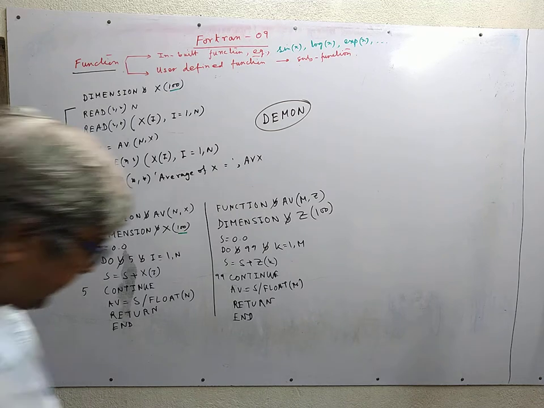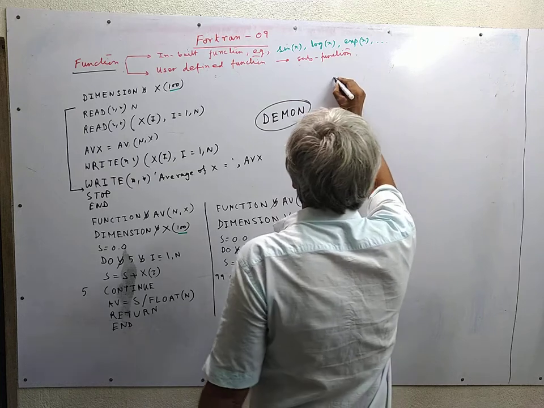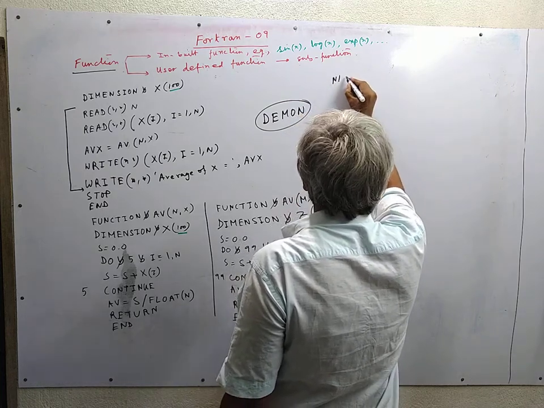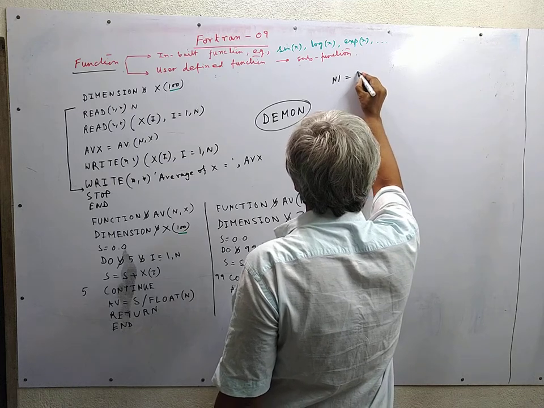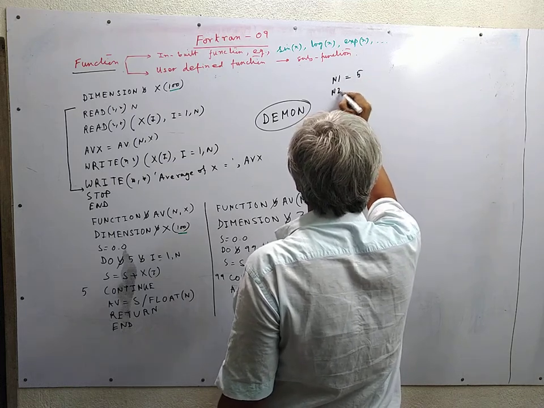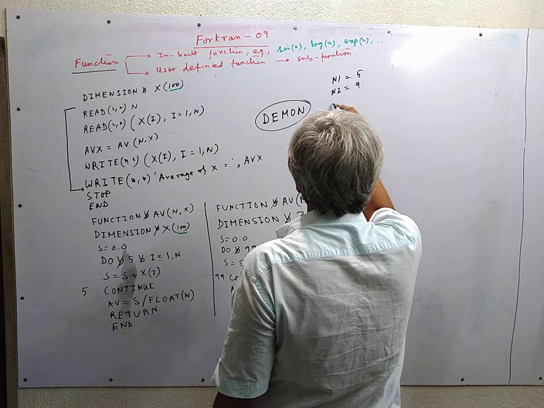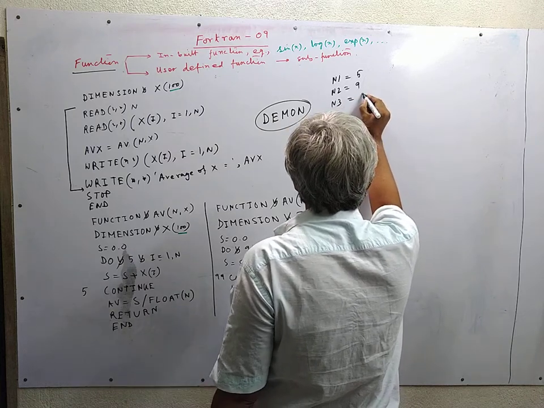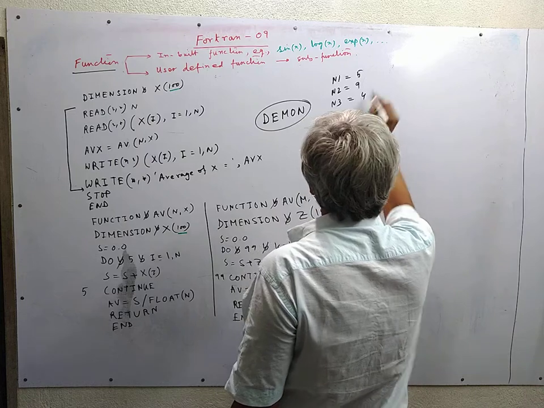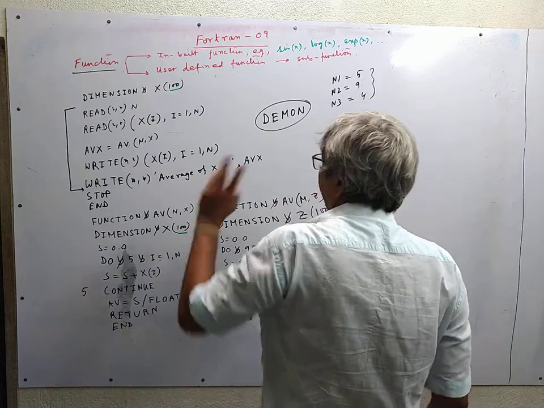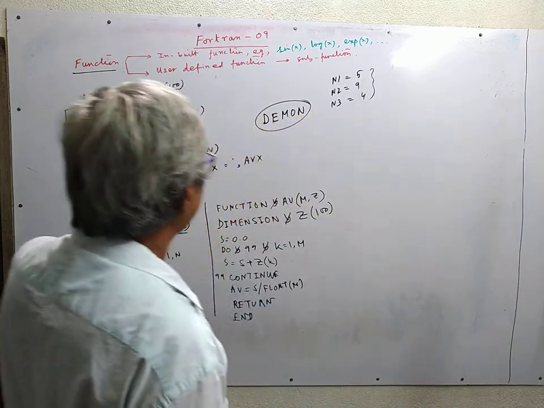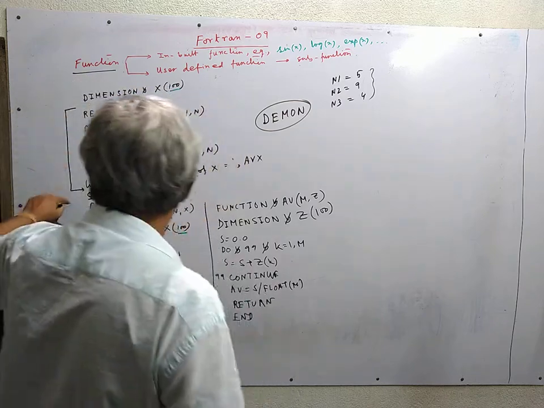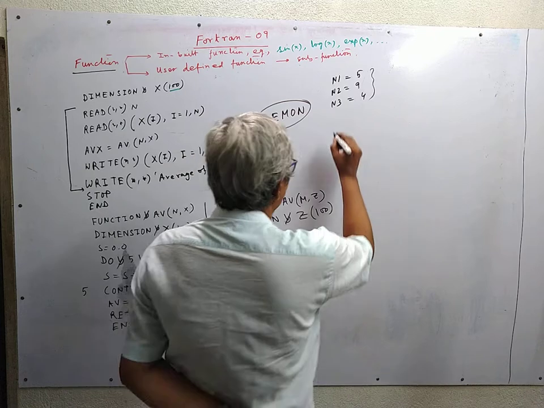Such data means first n1 is equal to 5, n2 is equal to 9, n3, let us take this example, 4. So there are n data, n is 3. So what we need to change within this is, first read